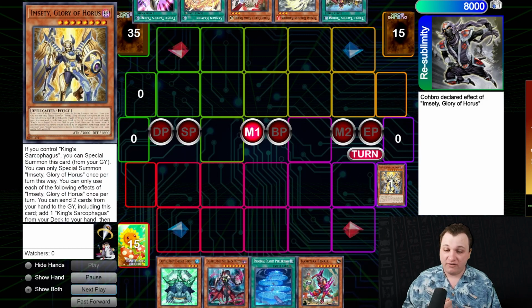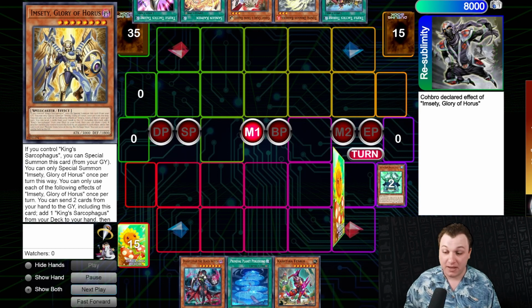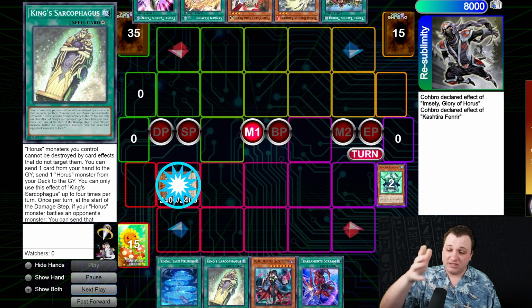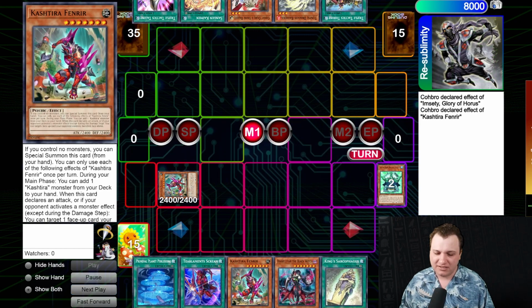I go ahead and start off with Imseti because I want to see if they have any hand traps, maybe an Ash Blossom, maybe a Droll. So lead with Imseti, see what happens. Not the worst thing in the world if it gets negated. We add our King Sark and we draw a Scream. Thinking, I go ahead and summon Fenrir. Fenrir will go ahead and use the effect to add another Fenrir, as in this case, adding a Tear Cache